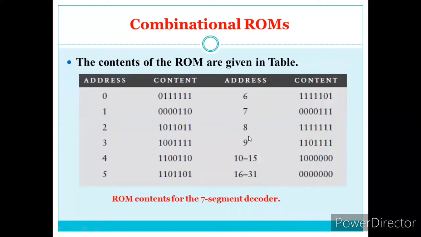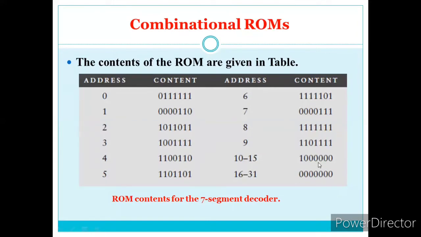So 0 to 9 is fixed, having the constant decimal values 0, 1, 2, 3, 4, 5 to 9. 10 to 15 is again fixed, the hexadecimal numbers. In this particular column, when we are displaying it, we just have a dash part here, and the blank part is here, where all the 16 to 31 addresses have the content 000. So this is the ROM content table, and these are the addresses which are fixed for the respective constant data.